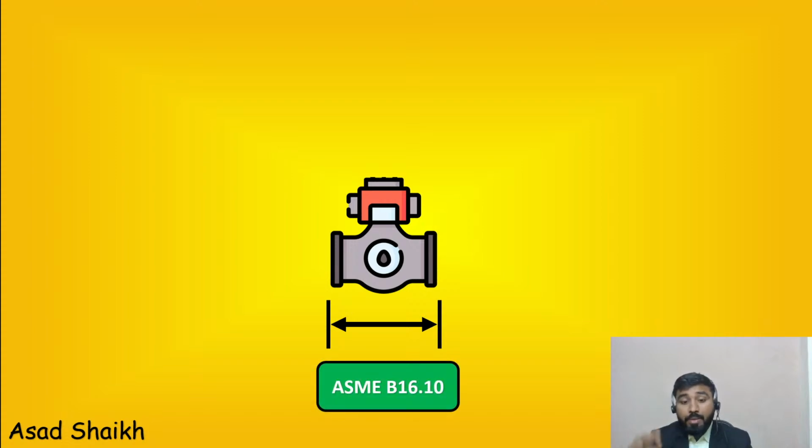Here remember that ASME B16.10 is one very important standard that your valve manufacturer should usually follow. The reason is piping will not wait for your valves to get manufactured, so they will have certain distance that they need to keep between two pipes. Why am I sharing this? In a few of my experiences I have learned that, especially if you are inviting newer vendors who have come into the field, they sometimes don't comply with these face to face dimensions, and at the site it will be a big hassle for you if you cannot match in between the two piping flanges.